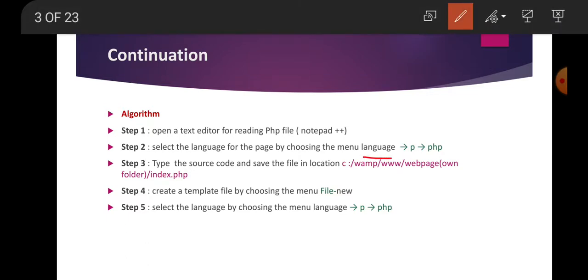Select the menu Language. After that, it will display a pop-up submenu. From that we select P, it will display a submenu. From that we select PHP. The text editor will open, type the source code. It is very important to save the file in the location.